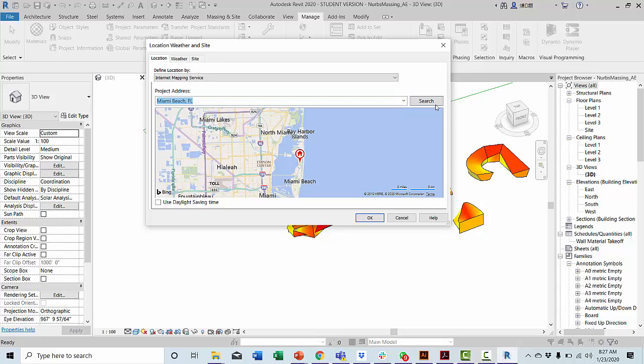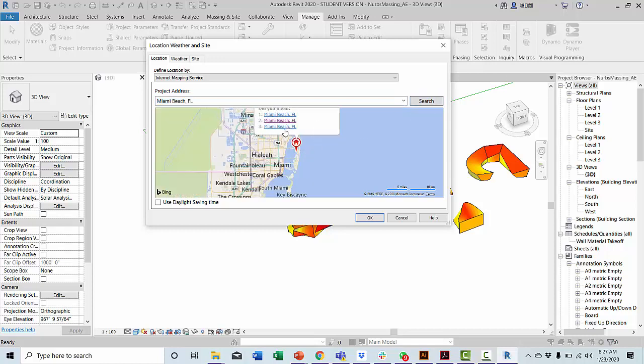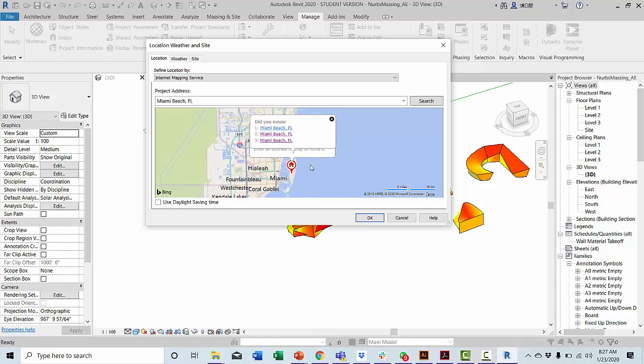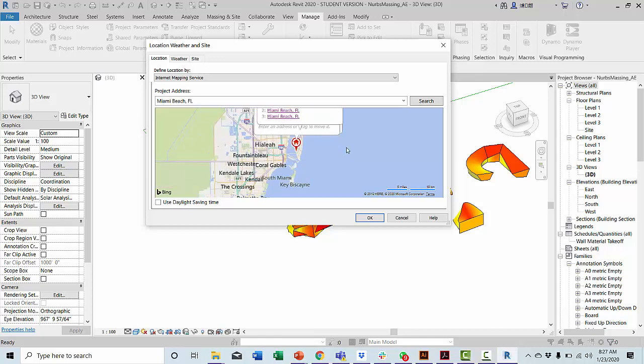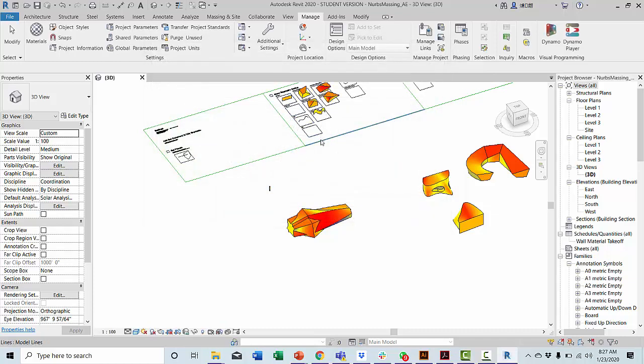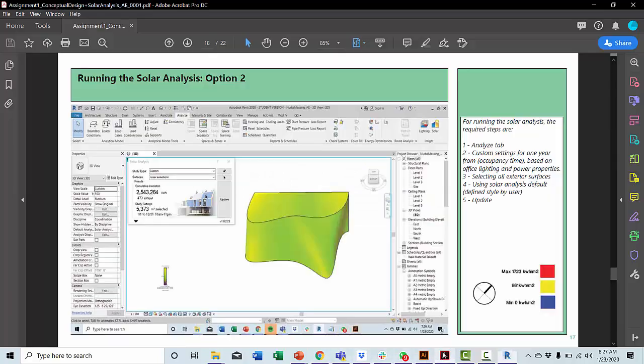If you see, there are more, there are like 3 more in this area. So you basically should choose the one that is closer to your site. That will ensure that your results are going to be the most accurate possible. So let's say that I choose this, then I go OK. If you see the assignment,